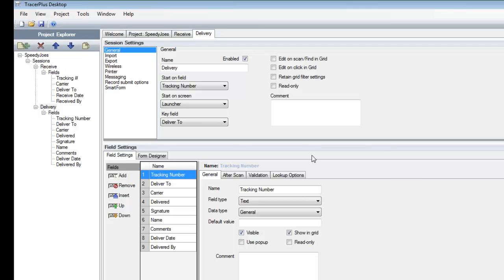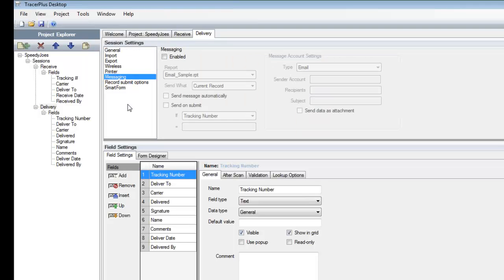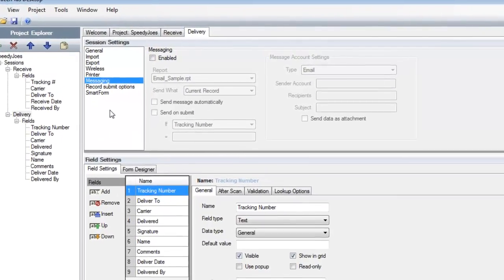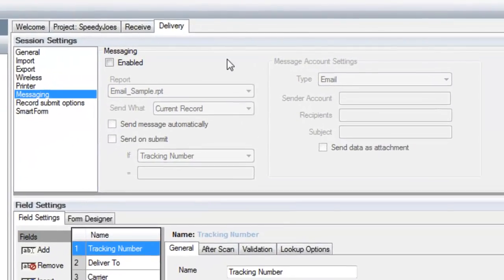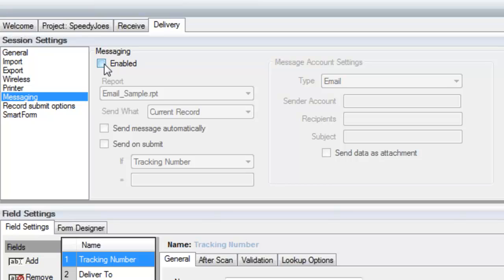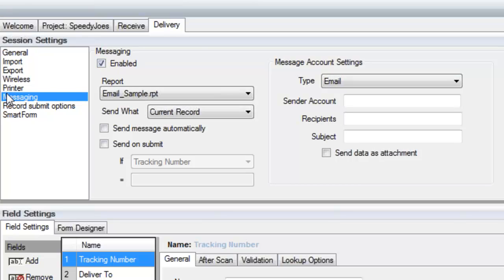So to start, the first thing you do is jump up into the session settings here, and just below the printer settings there's messaging. So you're just going to want to go ahead and select messaging from this list here. And now basically all you really want to do to get this up and running is turn it on. So as usual, some of these other settings in the session settings area, you just go ahead and enable the